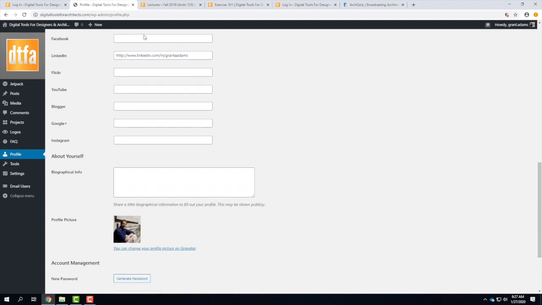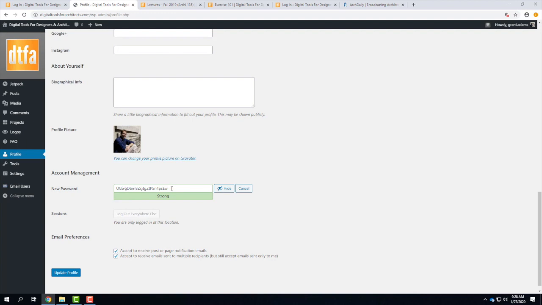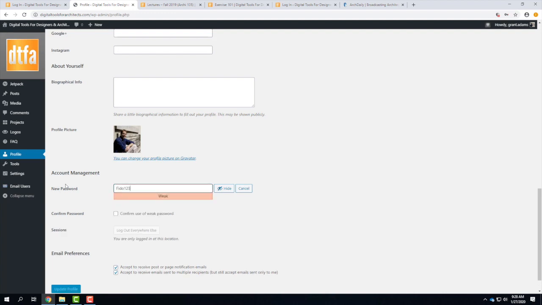We'll get to filling in other content here. But if you come all the way down here under New Password, it kind of forces you into generating a password. If you click on Generate Password, it gives you some ridiculously long password that you're never going to remember, which is actually a good thing. We'll talk about that next class. However, if you wanted to change the password, you can select it and type in Fido123 or whatever you use.